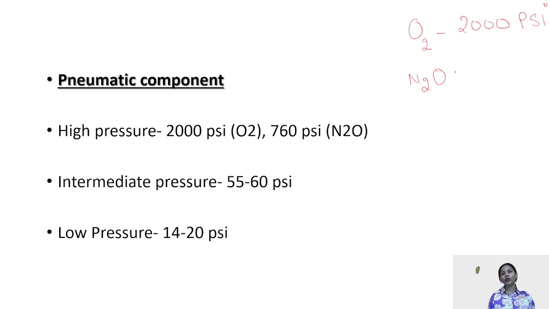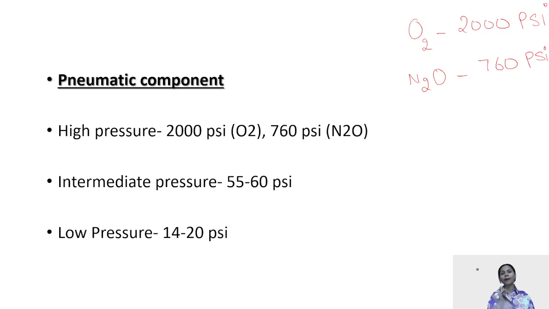And the second most important gas that we use in anesthesia is your nitrous oxide, that is delivered at 760 psi. But these pressures are far too high to be delivered to patients, and thus eventually your high pressure system is converted to your intermediate pressure system through certain pressure regulators, and eventually your intermediate pressure system is converted to low pressure system through second stage pressure regulators, and these are the low pressure gases that are eventually delivered